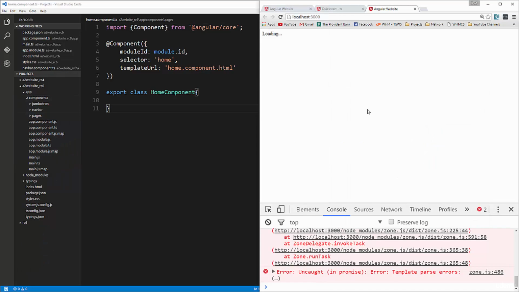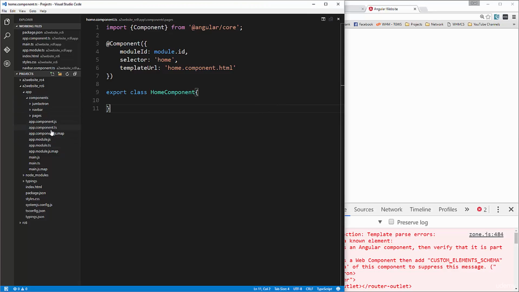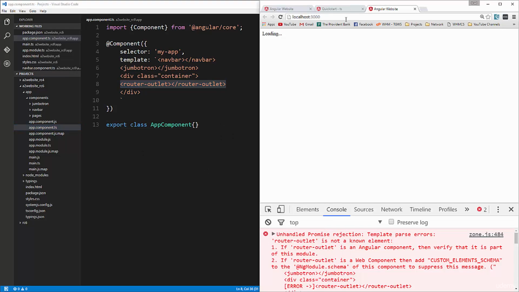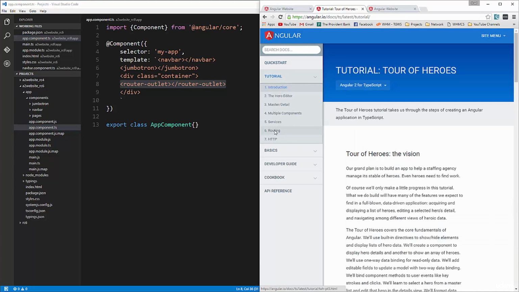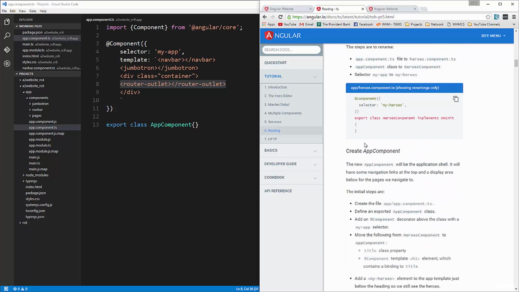So now let's deal with the router. And you'll see down here we're getting an error saying router outlet. We're having problems with router outlet because if we look at app component TS, we have that there, but we haven't set up the router yet. So there's actually some good documentation on the router. Let me see right here. Okay, so